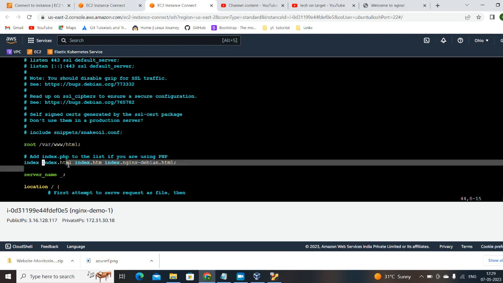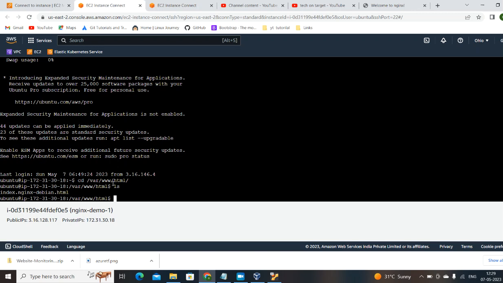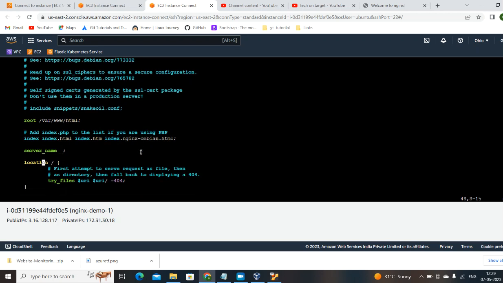Out of 3 files, one should be there to represent data on the website. You can see that it is here. And then we have server name. There is no server name given. Then location is like this. When we press slash,